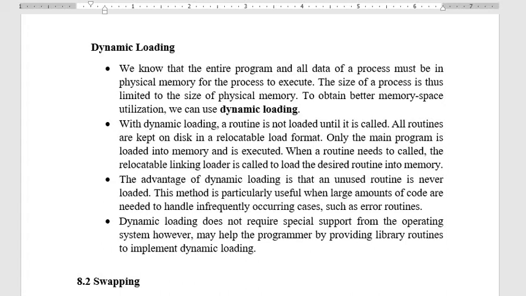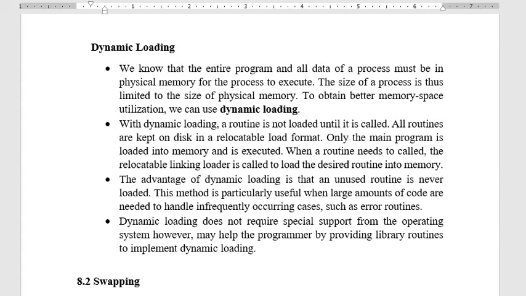When the error occurs, only then are we going to make a call for those routines. So instead of loading those routines into main memory before the program executes, you just let them stay on the secondary disk. Whenever that error occurs, you make a call so that they are brought from secondary memory to main memory. That is the basic idea.